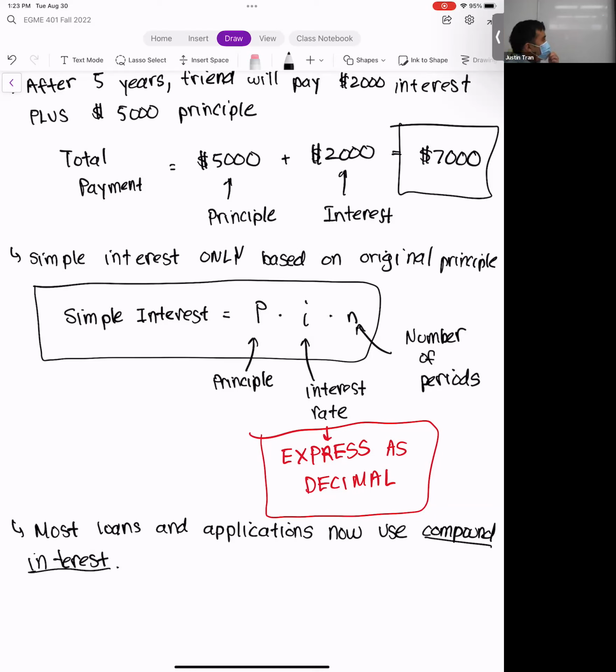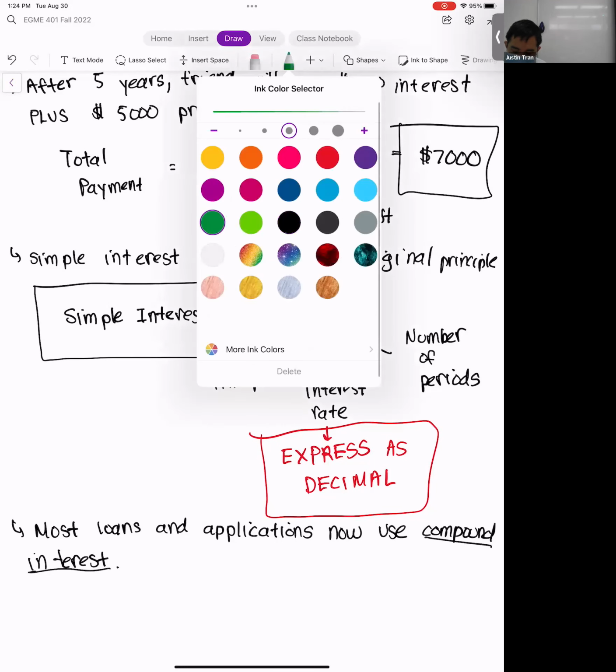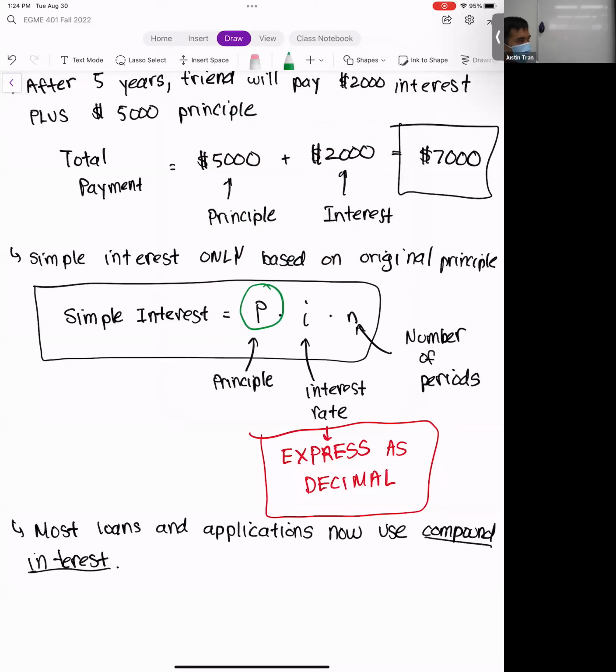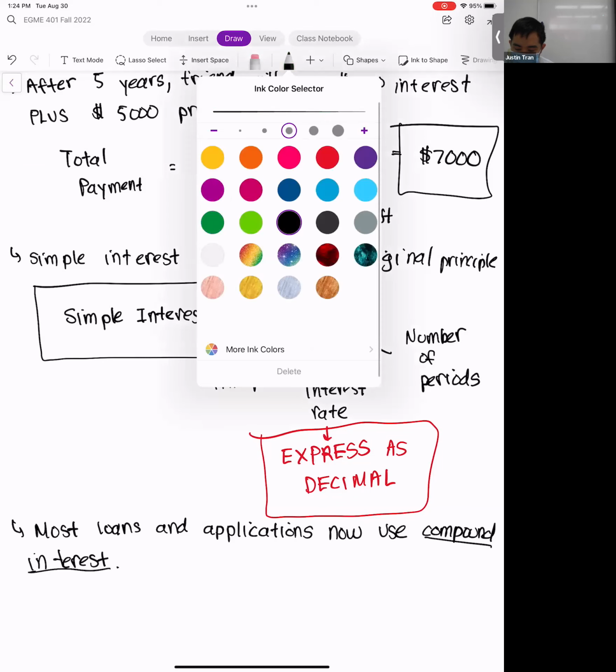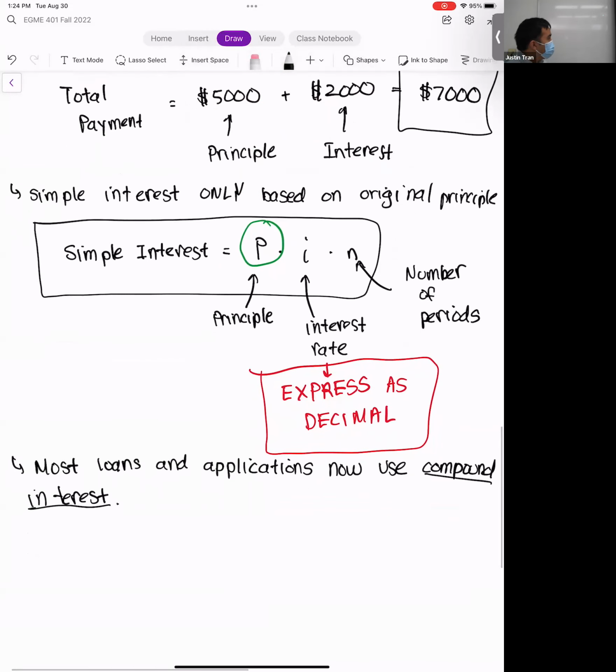And so the biggest difference between simple interest and compound interest is the fact that the principal is actually going to grow with time. With simple interest, you can have that formula be for any number of periods, right? You can have that up to 10 years, but this P here is always the same in simple interest. So that never changes. But for compound interest, the way it works is that whenever you accumulate interest, then that interest gets rolled into the principal.